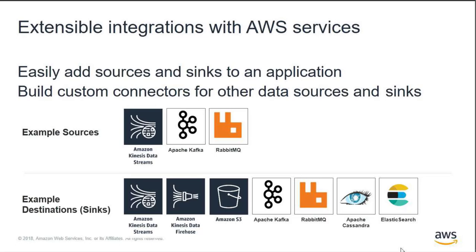If these sources or destinations don't work for you, just like operators, as well as sources and sinks, you can extend them in Apache Flink. So if there's a source or destination that's not listed here, you can build your own. The framework is easily extensible to meet your needs if something out of the box doesn't work to your specification.